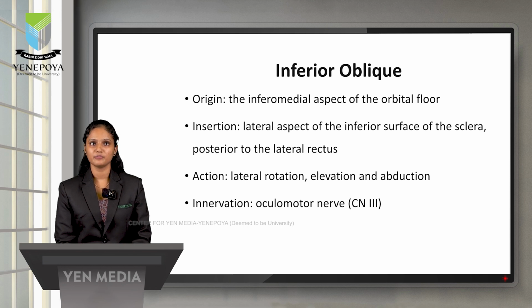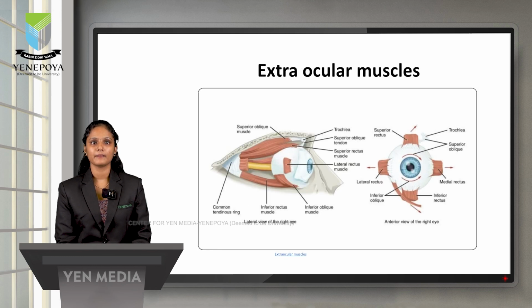It originates from the inferior medial aspect of the orbital floor and gets inserted into the lateral aspect of the inferior surface of the sclera posterior to the lateral rectus, and its action is lateral rotation, elevation and abduction, and it is innervated by the oculomotor nerve. So in the figure also we can see that the inferior oblique is getting attached near the posterior part